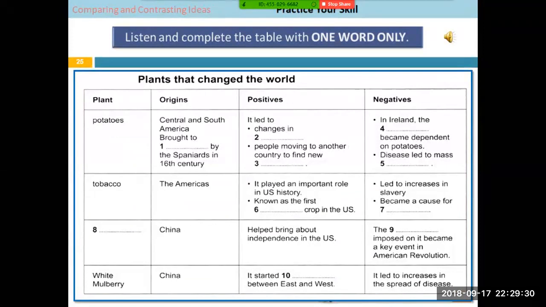Now listen and complete the table with one word only. For all those who are watching this recording, and for Amjad: this is in section 4. You get 10 questions, 30 seconds to look at these questions, and then you listen to the recording in one go. You have to attempt all these questions in one go. For previous sections, they divide it, like questions 21 to 26, they give you time to have a look, and then questions 27 to 30. They should have done this for this section too, but they don't. So this is actually a real-time test.